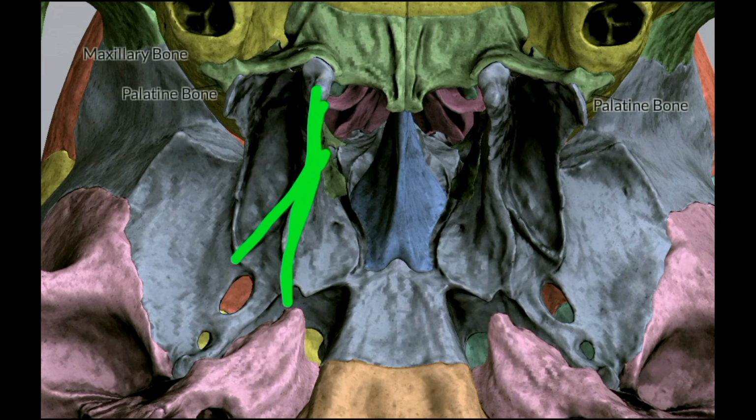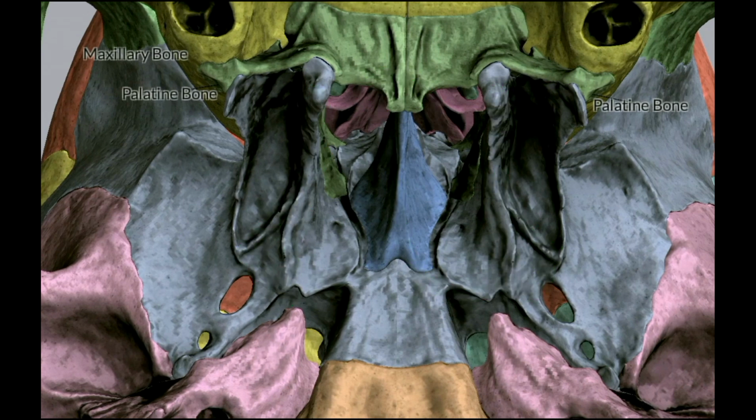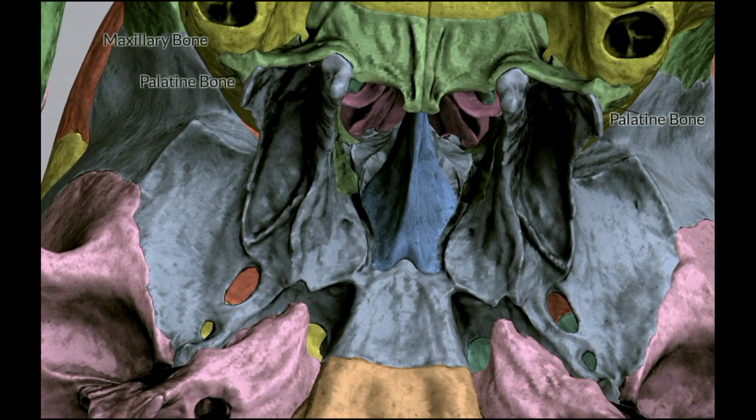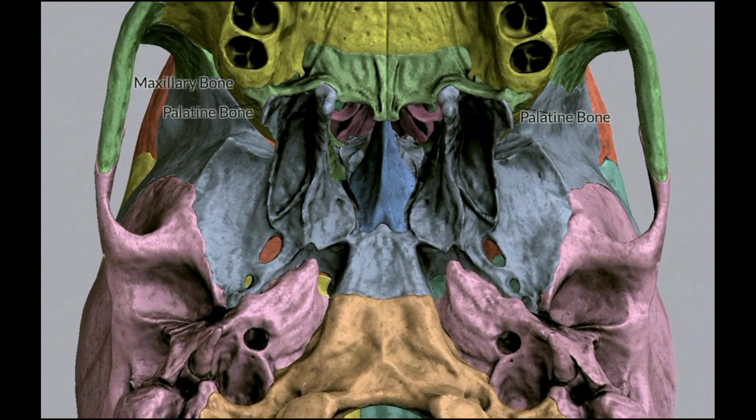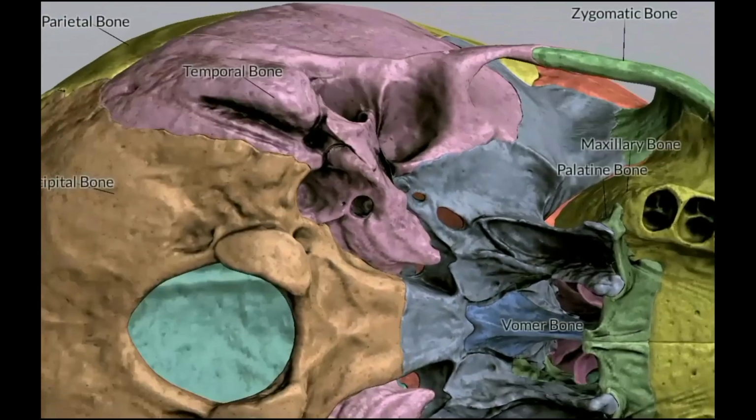Coming to the paramedian parts, that is the medial pterygoid plate, diverging into a Y shape, the bony fossa between those two diverging limbs of the Y is called the scaphoid fossa. This fossa will give origin to the tensor veli palatini muscle, which forms the palatine aponeurosis, to which all the other palatine muscles in the soft palate are attached. So the scaphoid fossa you see in the upper part of the medial pterygoid plate. You are seeing it below here because it is a basal view. In anatomical position, the scaphoid fossa is above, in the upper part of the medial pterygoid plate. So that will give origin to the tensor veli palatini.